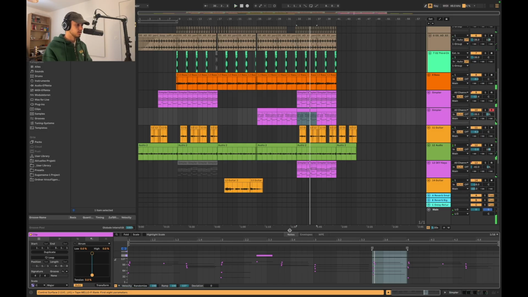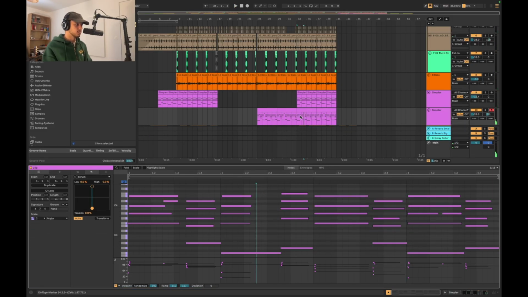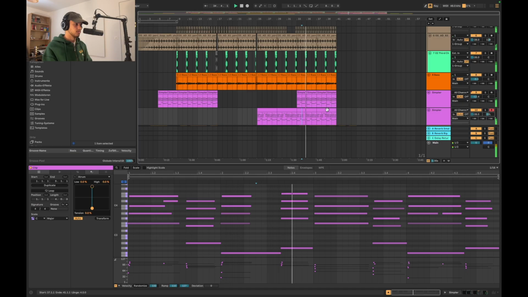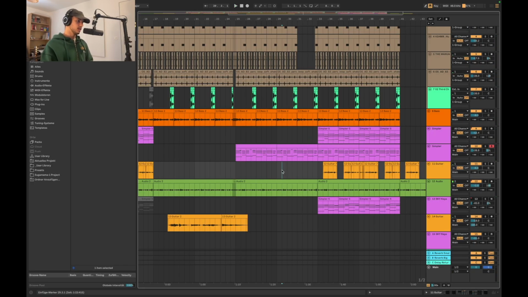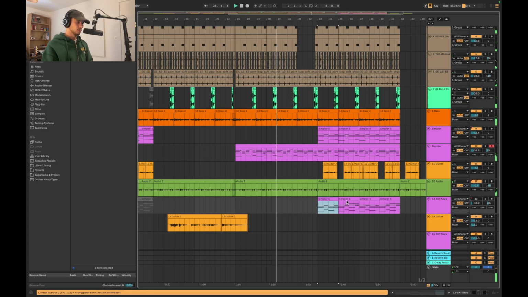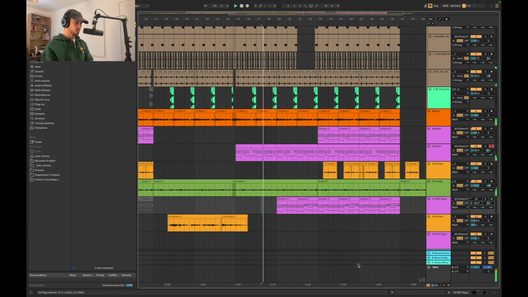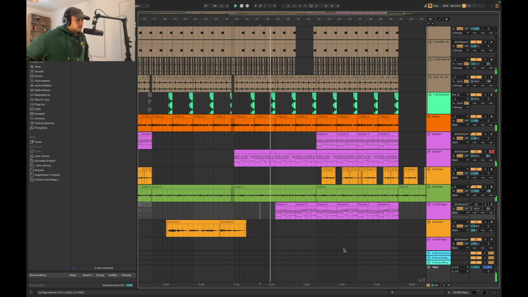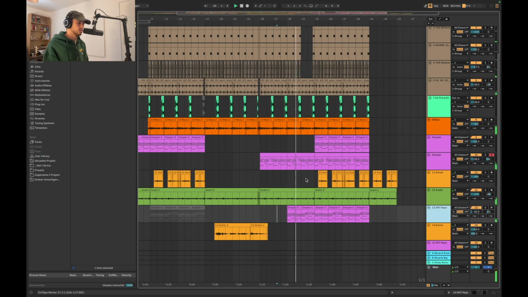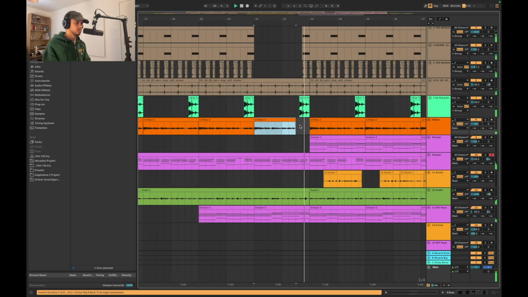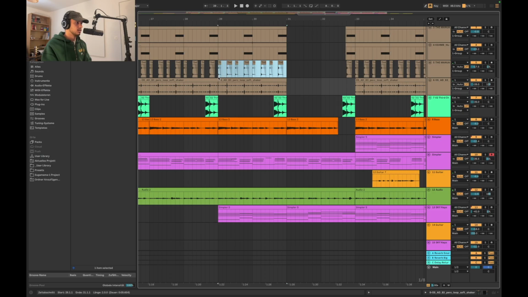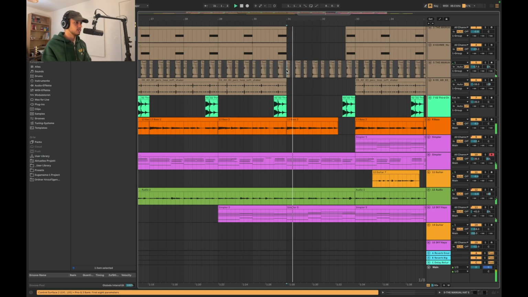This is cool. Don't like this note in the hook. We could have something more coming in here. Maybe this layer. Yeah, that's cool. Let's take away the shakers, but we leave